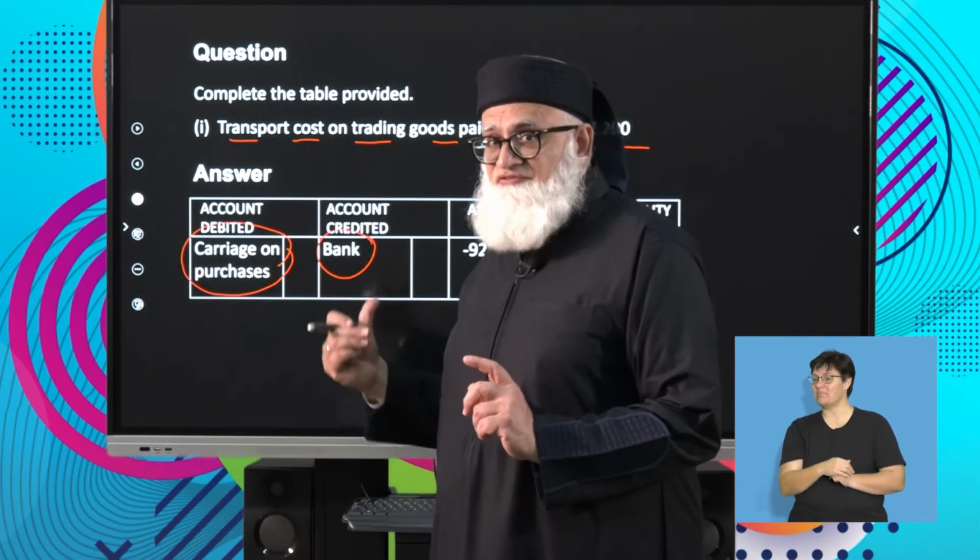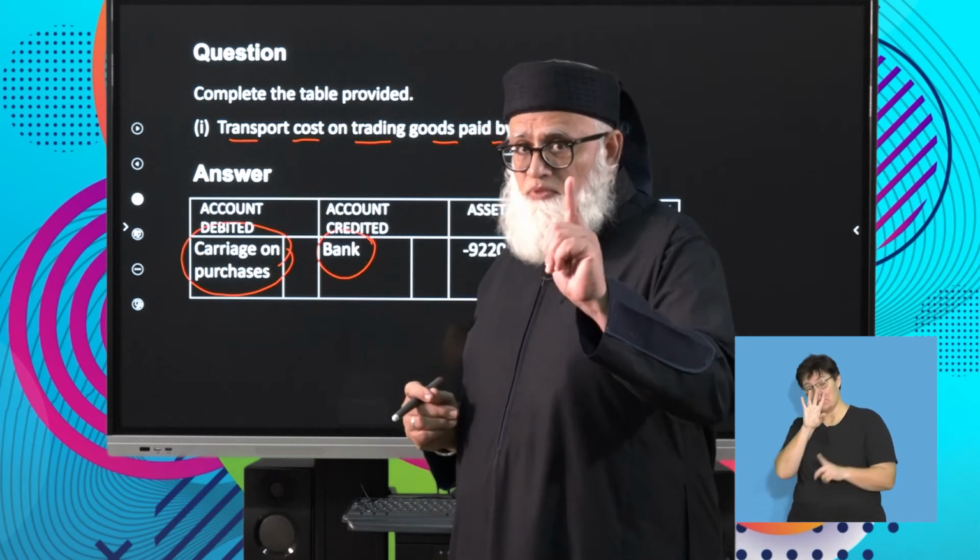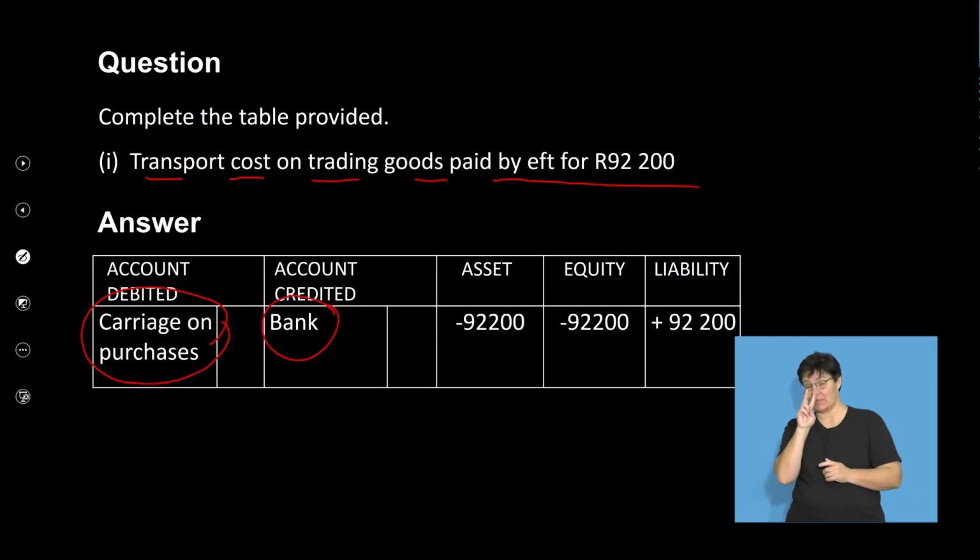And I think we put it there for a particular purpose. So watch this. Account debited is carriage on purchases. Clearly you can see here that your equity is going to decrease by 92,200, right? This, in fact, is not the case. And the reason we put them both there is to show you